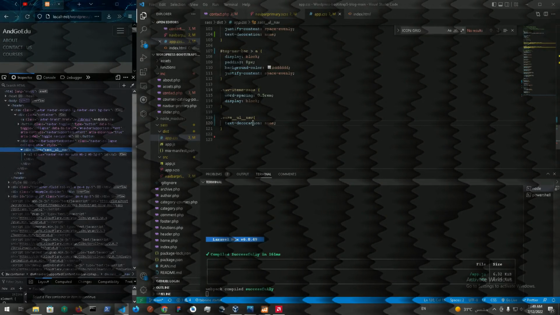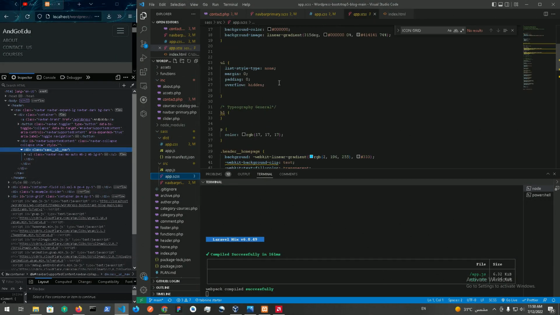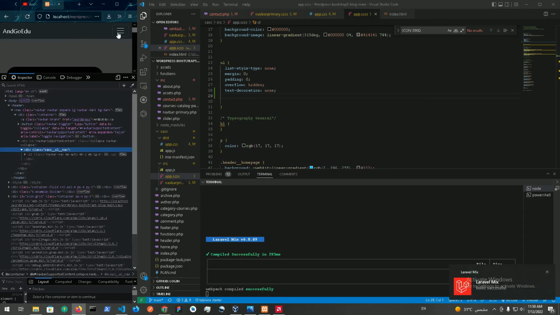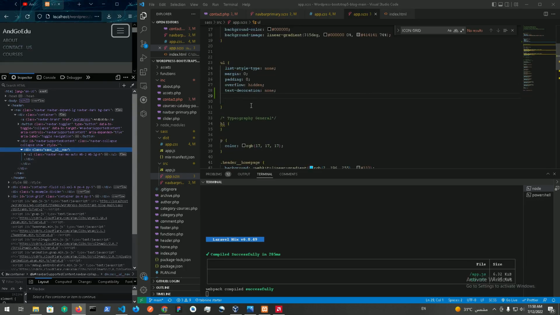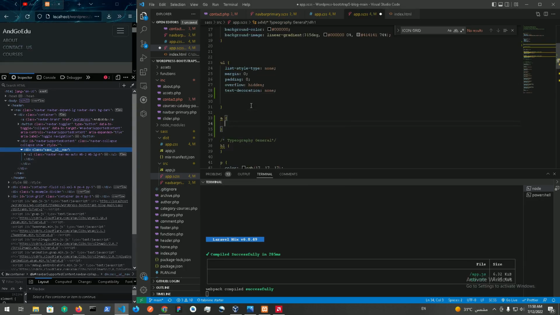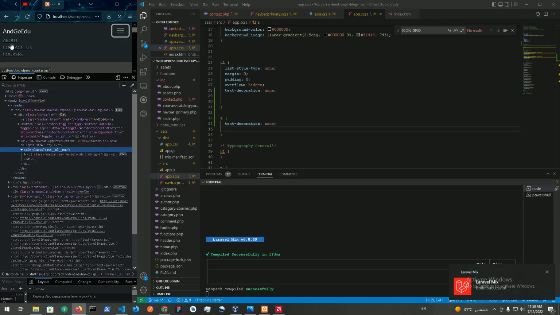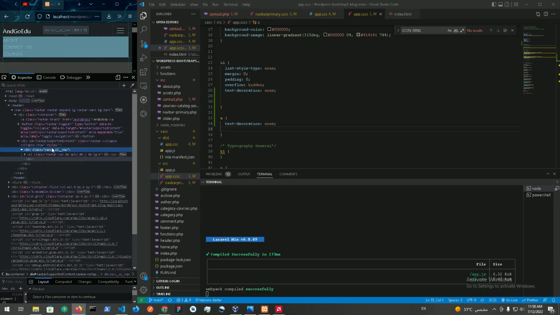Alright. So it's still not working. Maybe it's because the href links itself need to be given a text decoration of none. We want to give all the href links, the a tags, text decoration of none. Alright, so that's pretty weird. It's still not working. I think it's just overlapping with something right now, but we could also